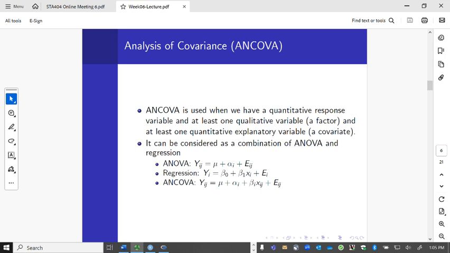ANCOVA in particular is when you have a quantitative response, same as the other two, and at least one factor, one qualitative explanatory variable, and a covariate, one quantitative explanatory variable, so you have both together, and see the sorts of questions you want to look at. In this video at least, I'm going to use RCommander to do as much of the legwork as possible, and we're going to look at using linear models to do it all. Before I get into that,